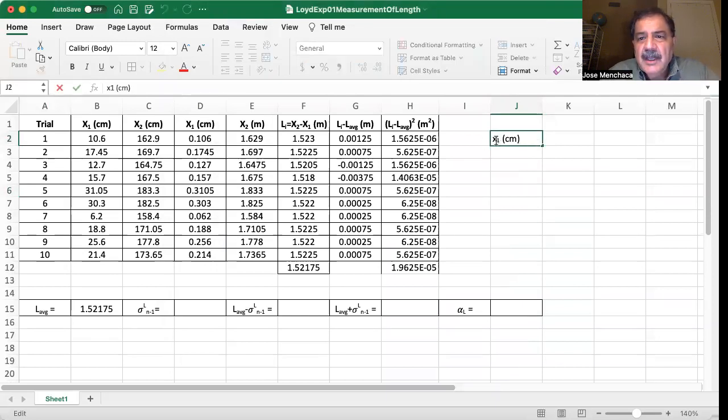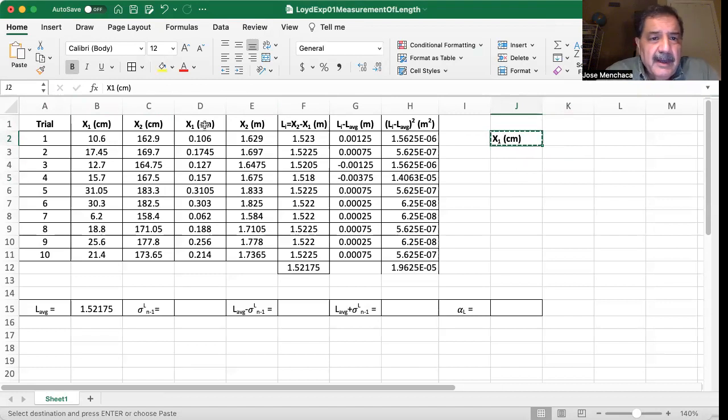Oh, I think the way they do it is with a capital. So I'll make it capital. And then just to highlight it from the rest of the data, I do a bold. And that's that B over here, do a bold. Now, a lot of you may already be familiar with this, but if this is your first attempt at working with Excel, I thought I'd show you how to do it. Okay, so that gets you this x1 in centimeters, and a lot of times it's easiest just to copy this